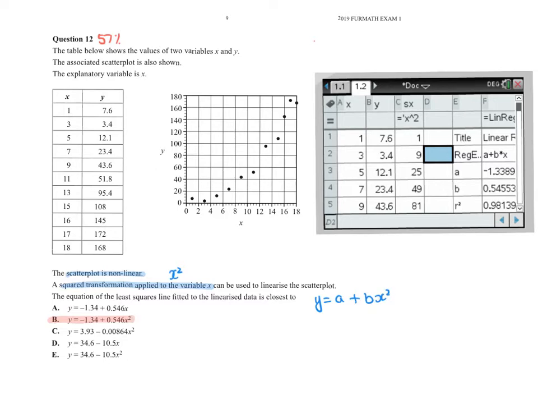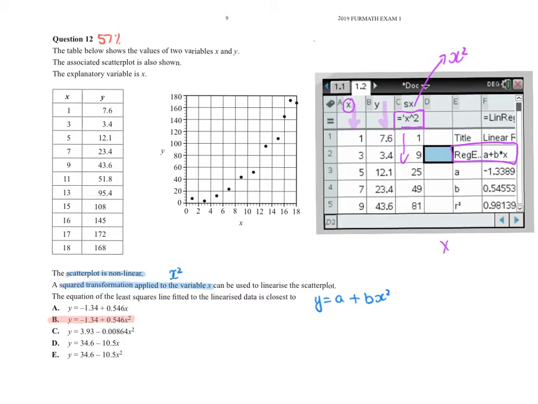So the way we do that is we type our x list and our y list into our calculator. We then have to create a squared x list. So this is my x squared list. I just called it SX, and remember we pop in the equals, we can say it equals that variable squared, and I've got it. Then I've gone and done the menu and got the linreg up, a plus bx,